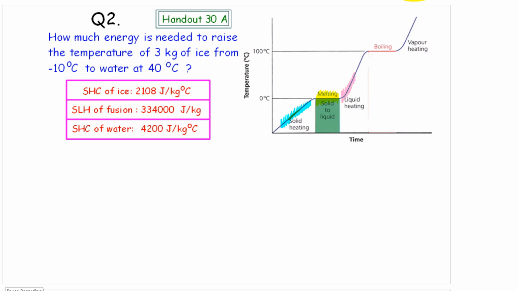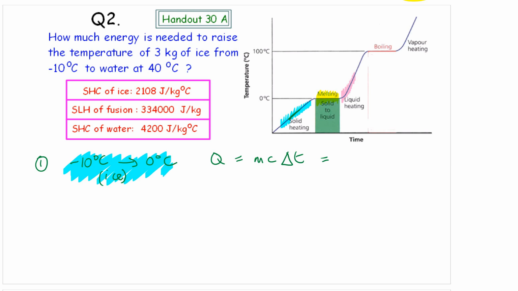So, let's have a look at these questions. The first section is number 1. We're going from -10 degrees C to 0 degrees C, and that is ice. That is this section on the graph that I've coloured in. Now, in order to get that figure, energy equals mass times specific heat capacity times change in temperature, and that equals, we've got 3 kilograms of it. The specific heat capacity of ice is 2,108. Times that by, well, we're going from -10 to 0, so the change is 10. And so we get an answer of,